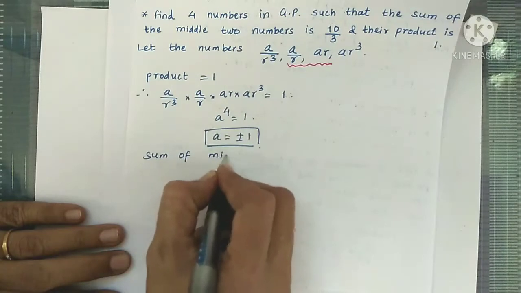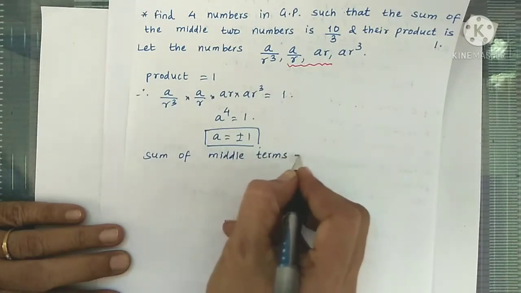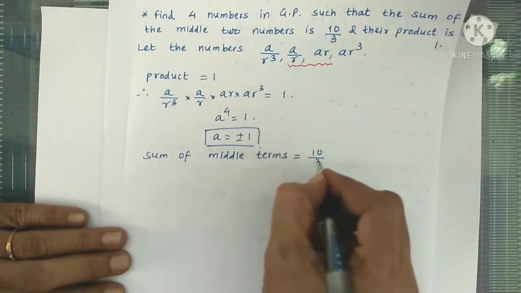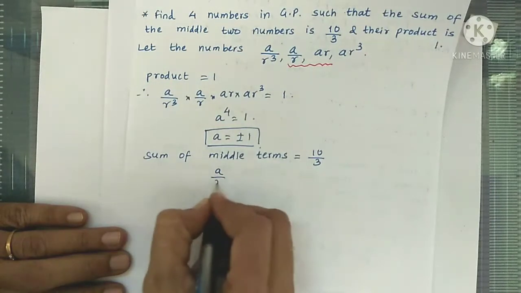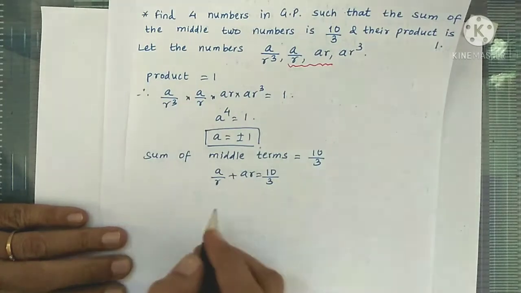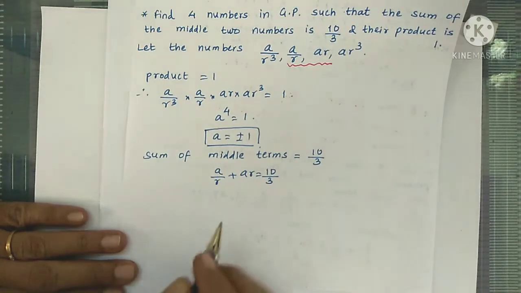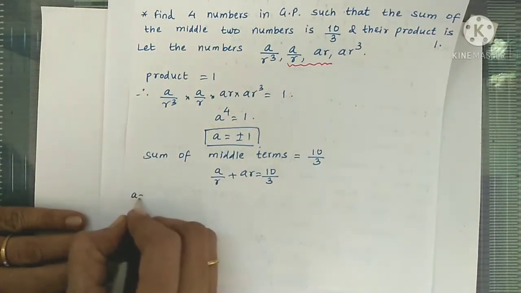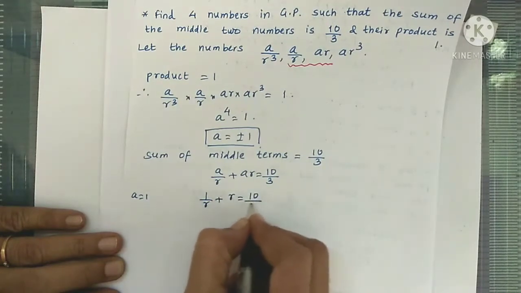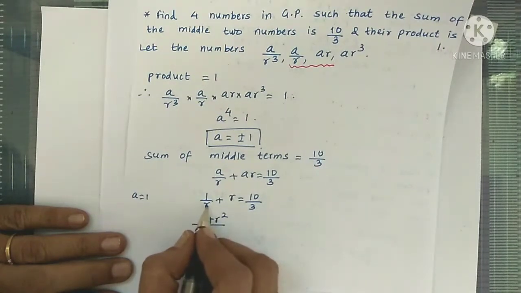To find the value of r, we are using the given information that the sum of the middle two numbers is 10/3. Now a/r + ar = 10/3. I am considering a = 1 and afterwards we will be considering a = minus 1. So substituting a = 1, we get 1/r + 1·r, that is r, equals 10/3. So adding these two terms, it is 1 + r²